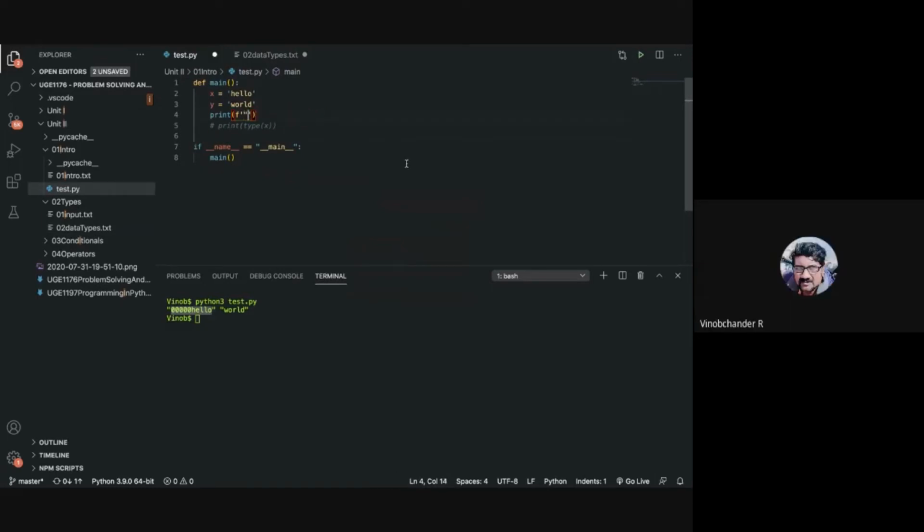Say, for example, say x is and y is, you can put y here directly. Got it? So putting a variable in between a string statement. Correct. Okay, thanks, sir. Understood.